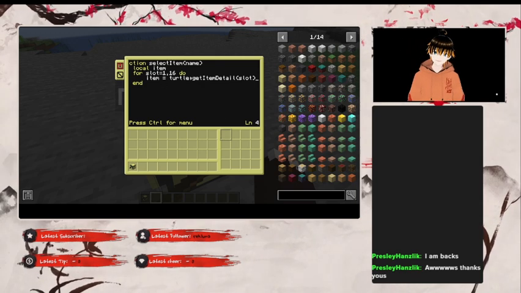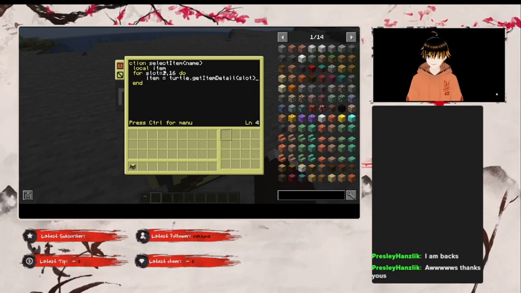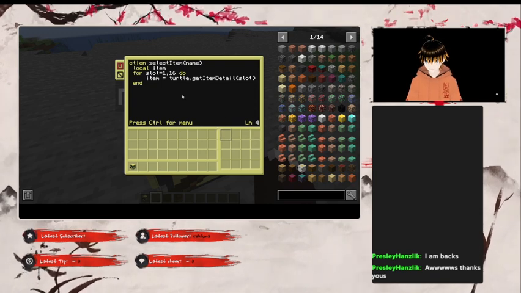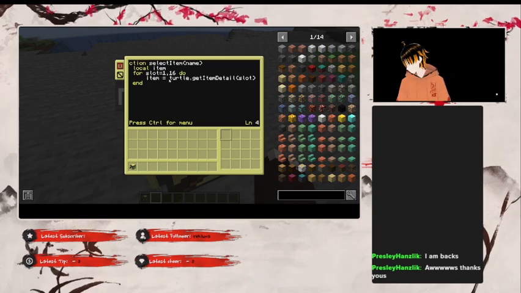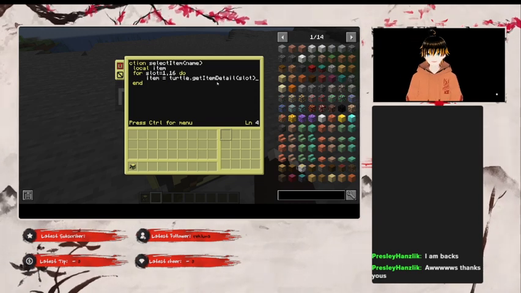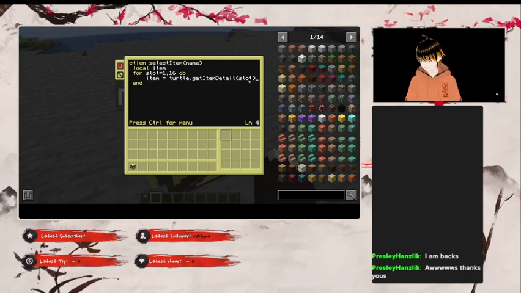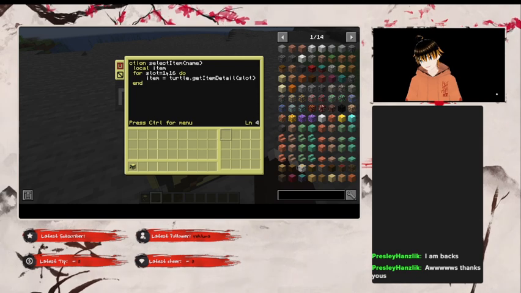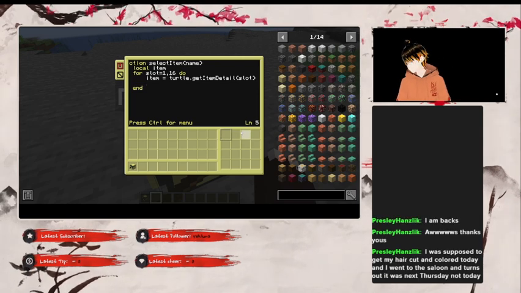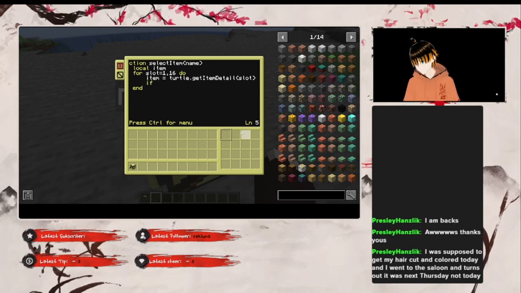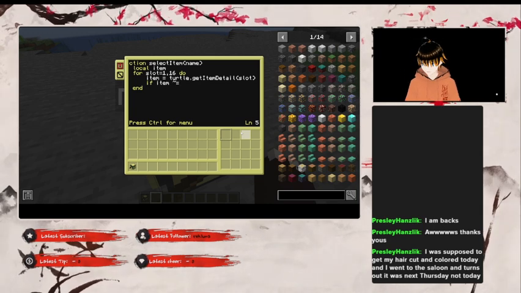So, this is going to loop through every single slot. And for every time it goes to a slot, it's going to get the detail of whatever item is in the slot that's selected. And then it'll go to slot number 2. It'll do the same thing. Now, if item is not nil,